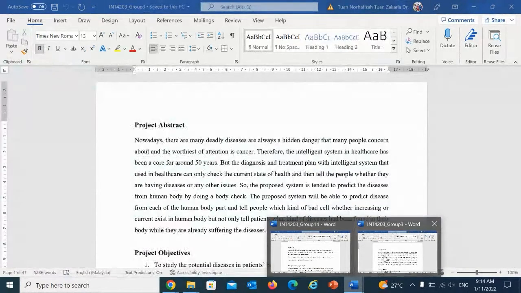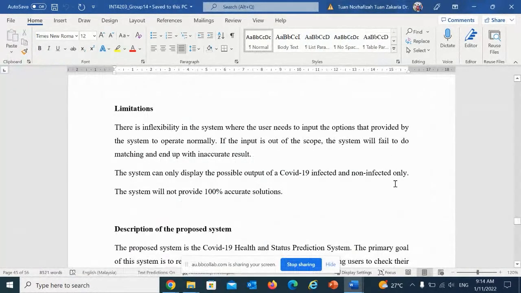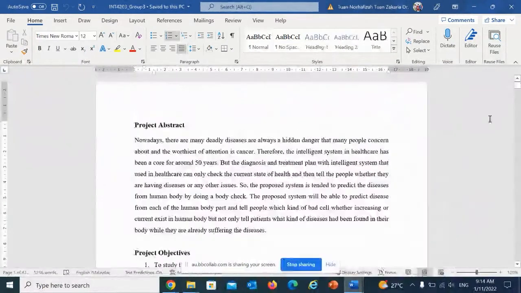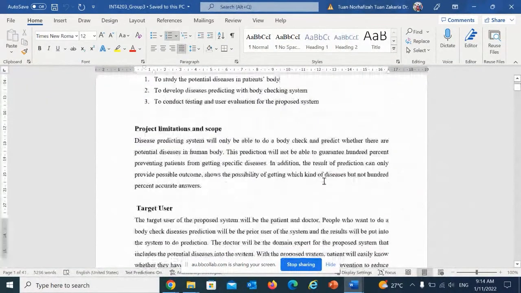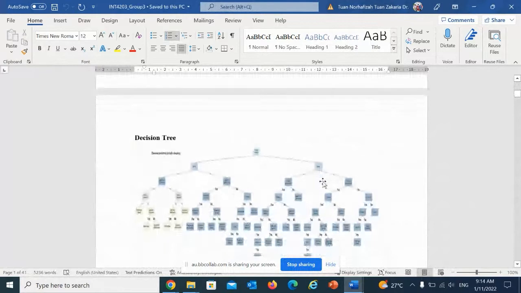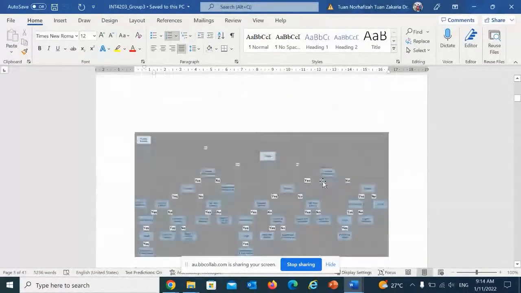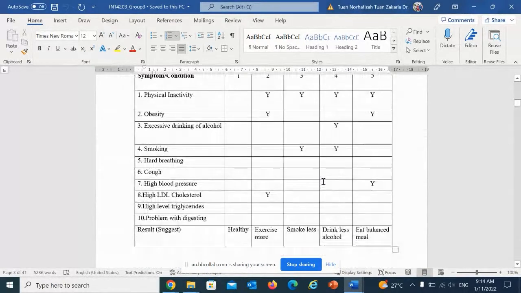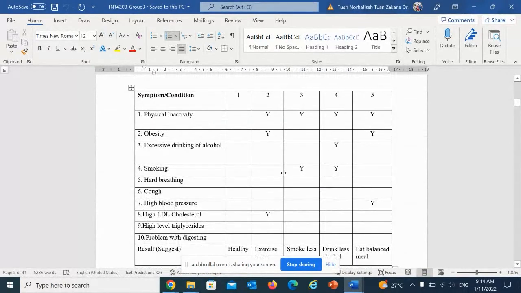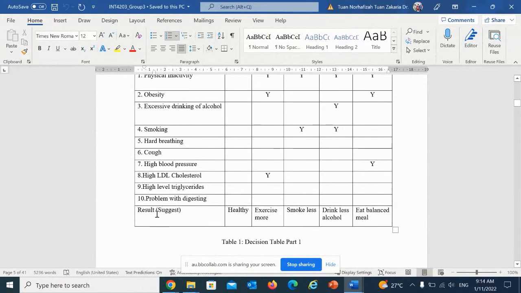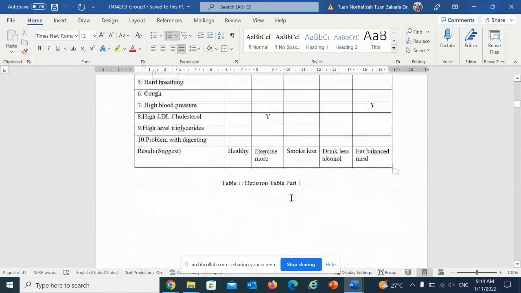And then another one is the decision tree. Then you have the decision table. Your result is your action for your rules.